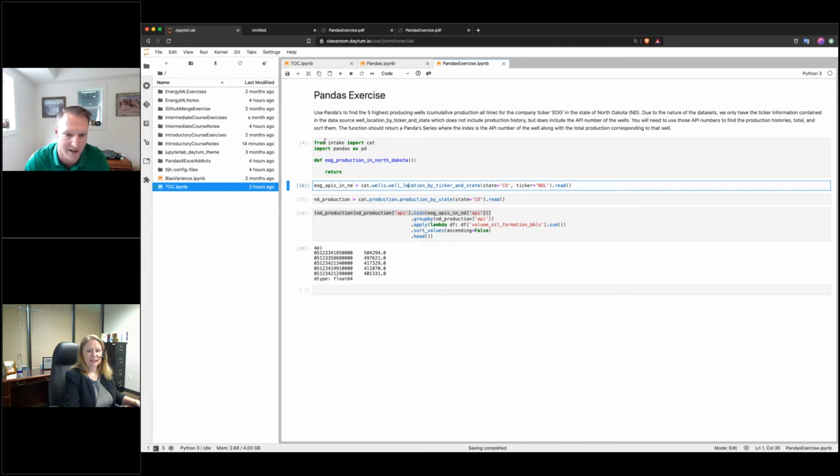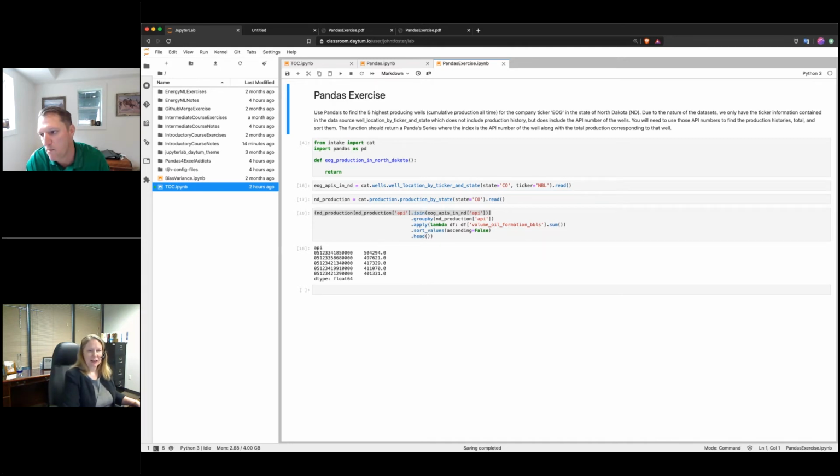We use a package called intake. It's another Python package that essentially hides the SQL calls that are being made into our database and allows us to import them directly into Pandas data frames. So again, we have our own database that's equivalent to Drilling Info's, and you don't need an API key or anything like that. All you need is access to our classroom, which we will give you upon registration of the course.